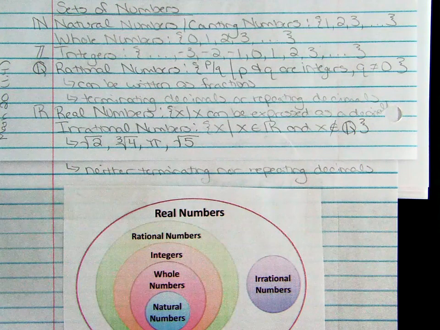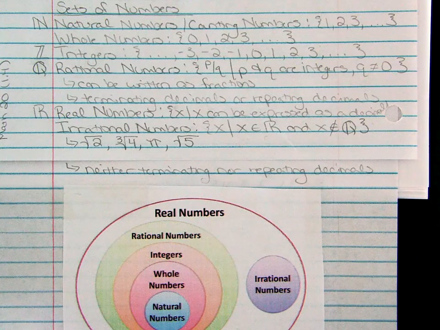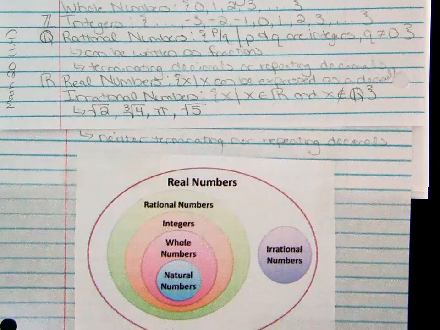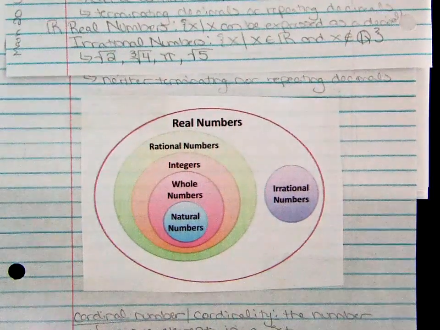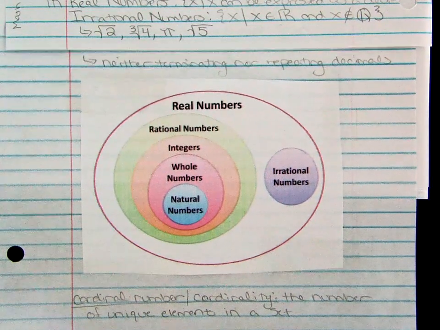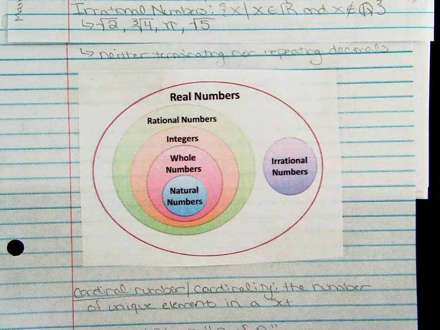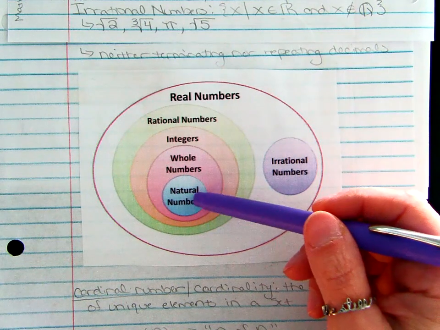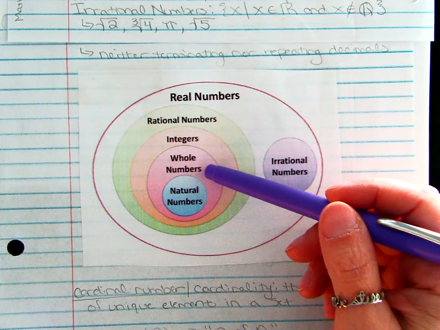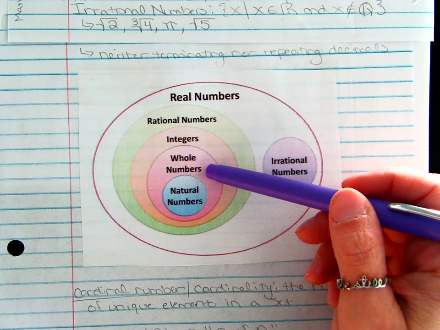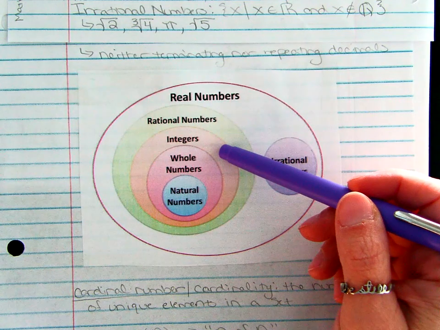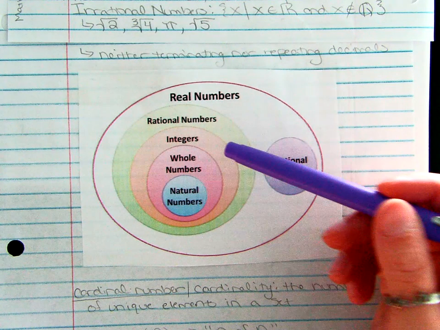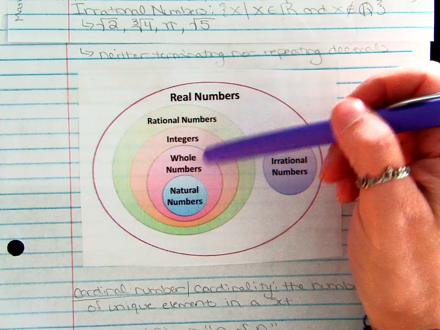I think the circles help communicate a little bit what these different numbers are, or what's included where. So we start in the center with the natural numbers, because that's 1, 2, 3. Then we add the whole numbers, so that's adding 0. Then we add the negatives to get to our integers. So you'll notice that if you're an integer, you're also a whole number and a natural number, because that's how